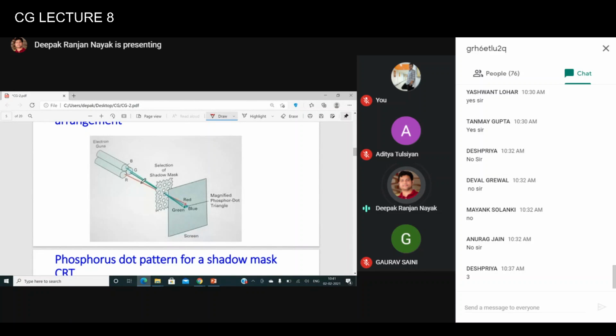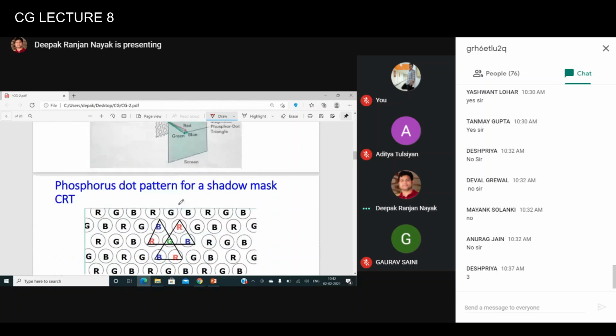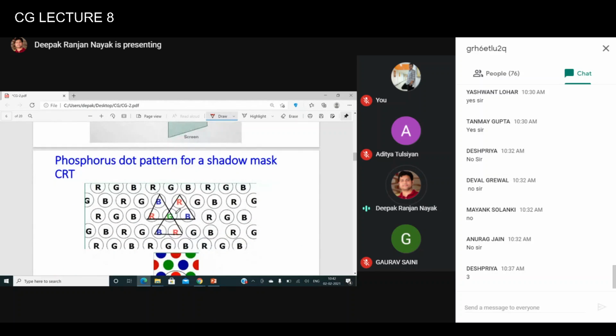The shadow mask is nothing but a series of holes, where the convergence of these 3 electron beams generated from 3 electron guns happens. The shadow mask is always present behind the screen, and the corresponding color phosphor dots on the screen are activated, right? That is why we are getting a small spot on the screen, and this is how the phosphor dot patterns are arranged on the screen.